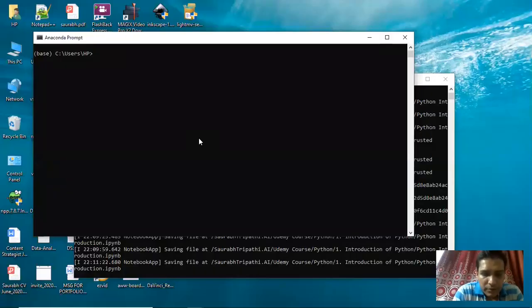You have to type conda install jupyter notebook. Make sure you mind the spelling. The Jupyter Notebook spelling is different; as you can see, it is Y, not I. So make sure the spelling is correct. If your spelling is correct, it will start installing. It will take some time and the installation will be done. Once the installation is done, simply launch Jupyter Notebook the way I have launched it, in the particular folder that you want to launch it.